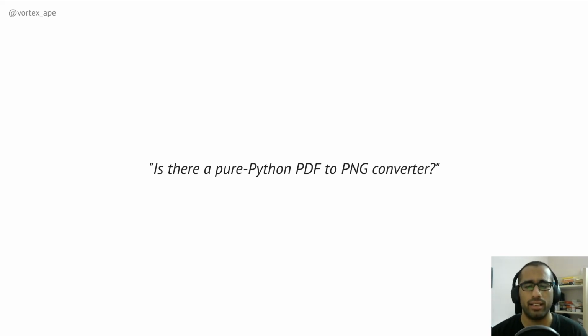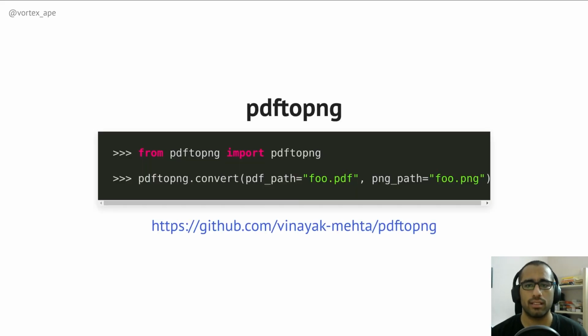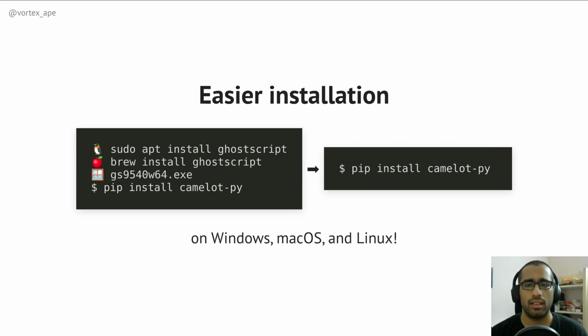This led me to search for a pure Python PDF to PNG converter which could be installed directly from PyPI. I wasn't able to find one in pure Python, but I found a C++ library called Poppler that has a CLI utility called pdftoppm which could let me do this. I was able to write a wrapper on Poppler called pdftopng, which takes in the path to a single page PDF, converts it to a PNG, and then writes it to the given output path. I was also able to build wheels for every major operating system and then include pdftopng as a requirement to Camelot so that it can be installed just from PyPI.